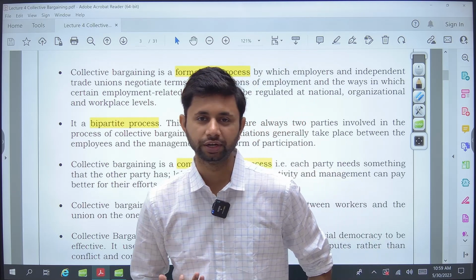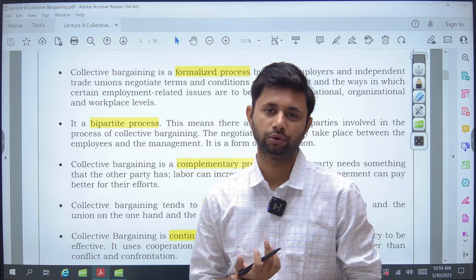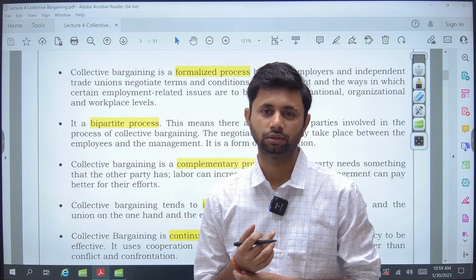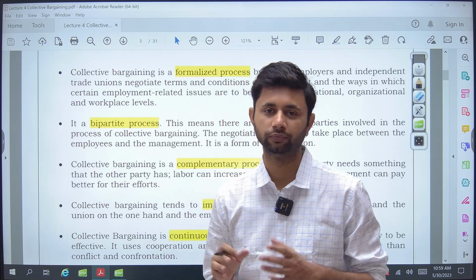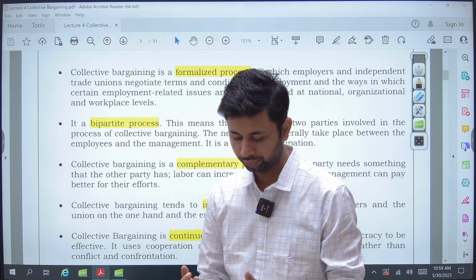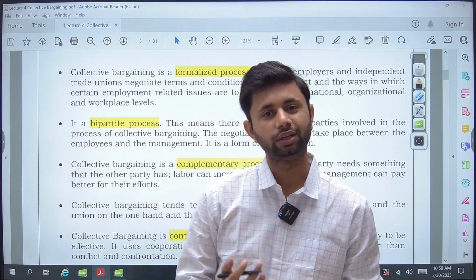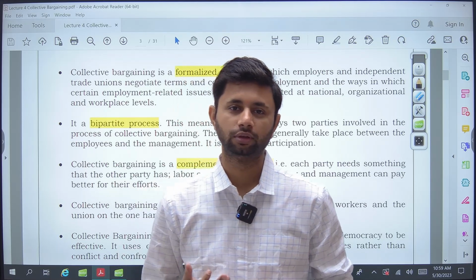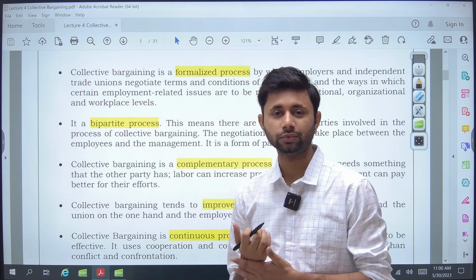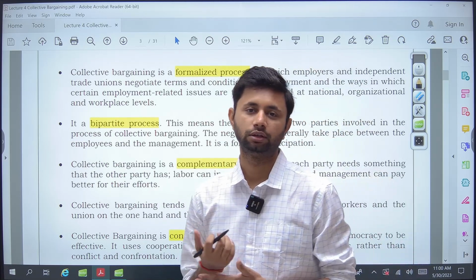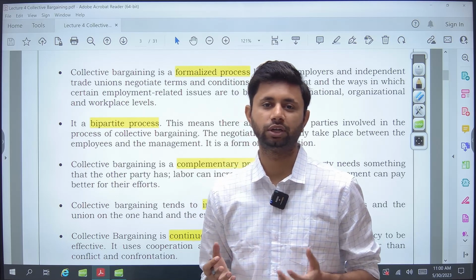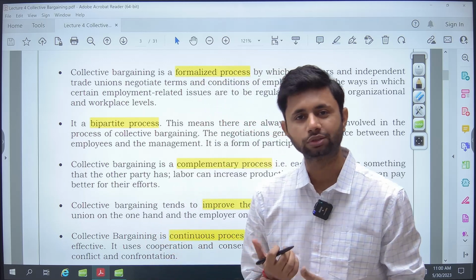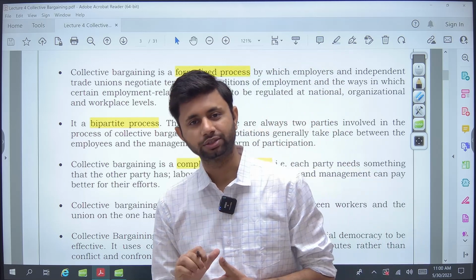Suppose a trade union member says, I want to increase my wage, not only mine, the whole workers' wage. How will we do that if we don't have a special provision? How do you go to the management and discuss increasing the wage? If there is no such provision, he or she will just strike. He'll resort to radical methods, because the management won't be listening either, as management also doesn't have a provision for how to deal with the workers. These things will reduce productivity, increase the cost to the company, and reduce the growth of the industry as well.